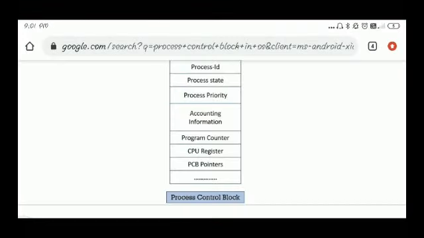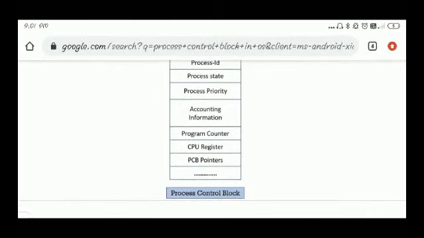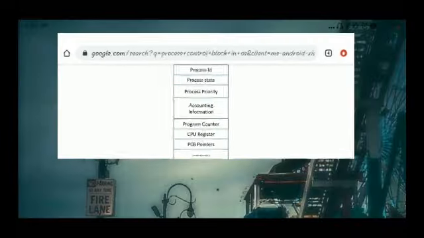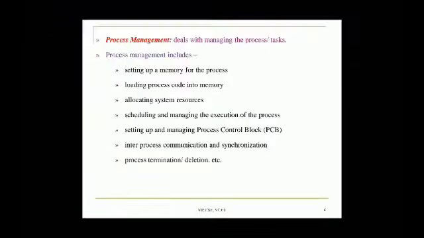You can see it may have process id, process state, process priority, and so on. As the process gets executed, the process control block also gets updated. As the process gets terminated, the data structure created for the respective process also gets terminated.